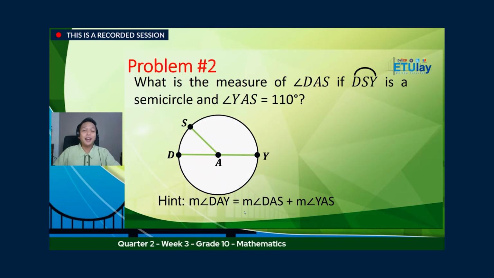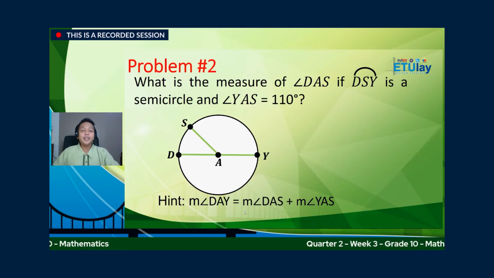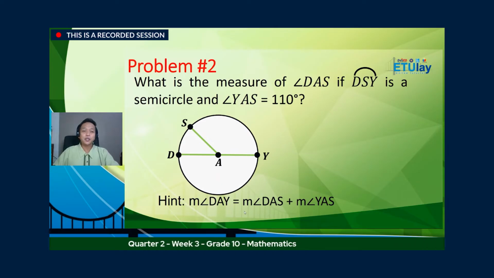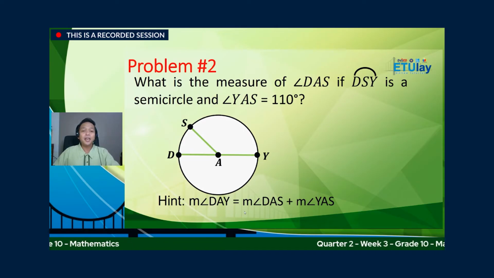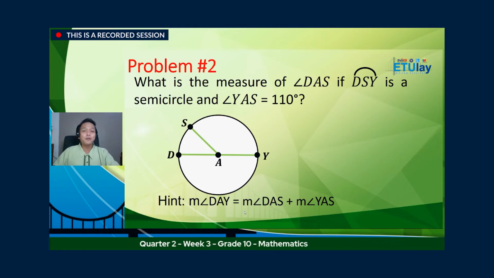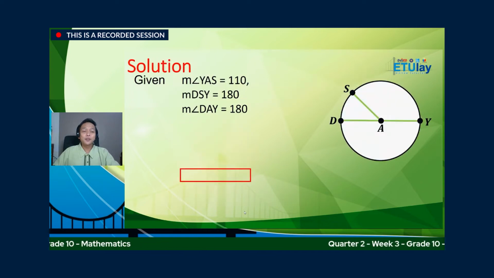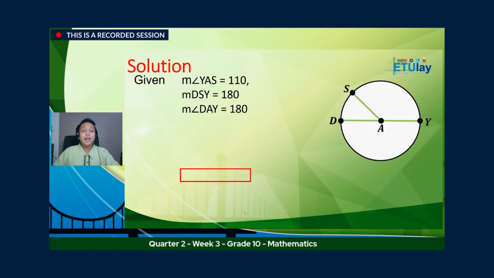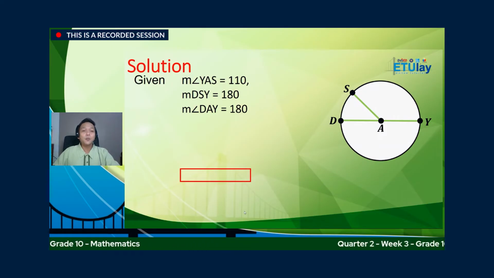Now let's have problem number 2. What is the measure of angle DAS if arc DSY is a semicircle and angle YAS is equal to 110 degrees? Yan, nakita natin sa illustration. At ang hint para ma-solve natin ito, the measure of angle DAY is equal to the measure of angle DAS plus the measurement of angle YAS. So, if the given measurement of angle YAS is equal to 110 degrees, the measure of DSY is equal to 180, the measure of angle DAY is equal to 180,